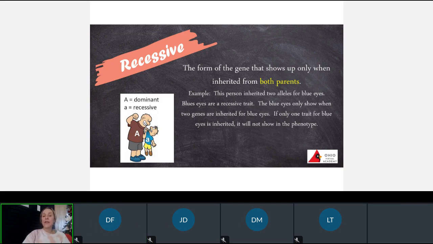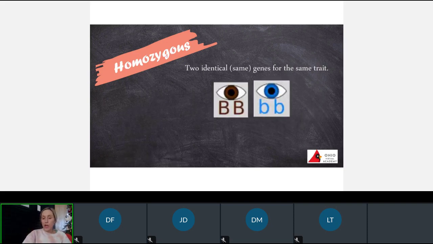Excellent reading. So recessive is represented by a little letter. So you have a big A that represents the dominant allele, and the little a that is representative of the recessive allele. And that takes us to our next word,